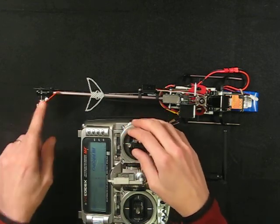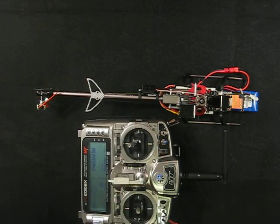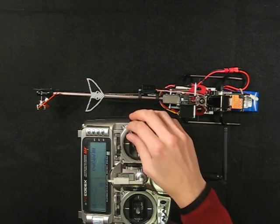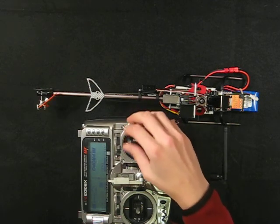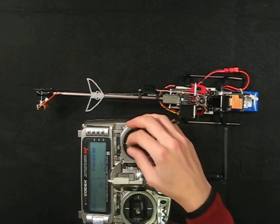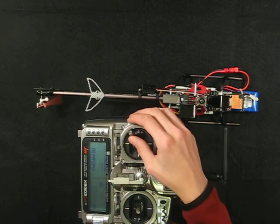So that's a really cool tip. I actually learned that from a buddy of mine, Pauvern is his name on Heli Freak. My friend Paul, he showed that to me, and then I actually forgot it for a little while and then picked it up again somewhere else along the line. But anyway, great way to set up the tail